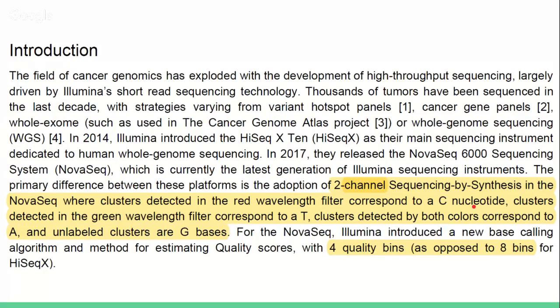So this is a piece of work that they've done essentially, as many other people have, to be able to calibrate how to do the sequencing on new Illumina machines and extract the highest signal-to-noise ratio from them. And they did this work in the transition from the 2014 released HiSeq X machine into a 2017 released NovaSeq machine,